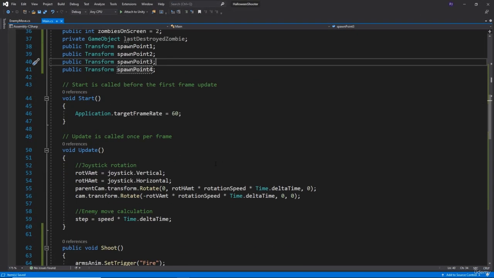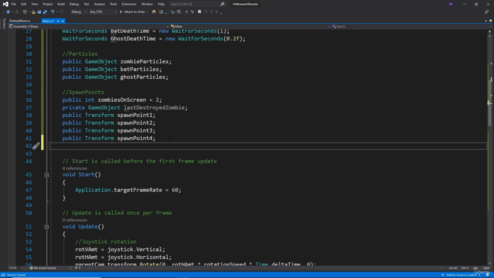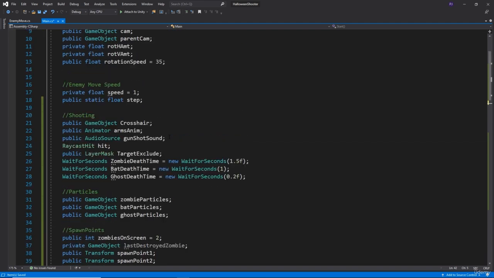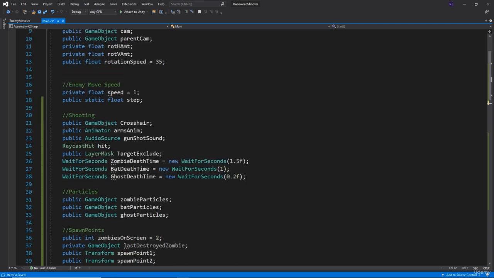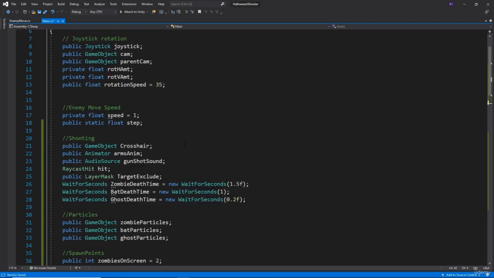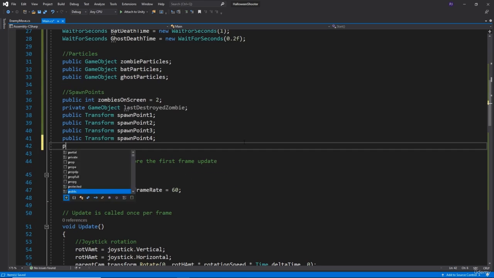So what we need to do now in the... actually, I think we need some more elements. We need the character to look at the player, so we need access to our actual player. Do I not have player already? I've got a target exclude, but no, I don't have the player on here. So public of type transform called player,